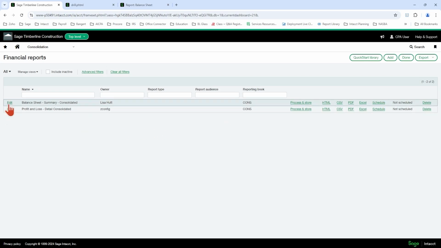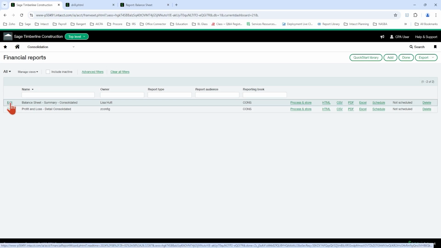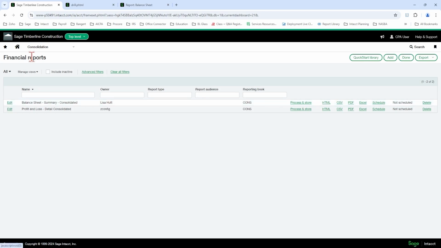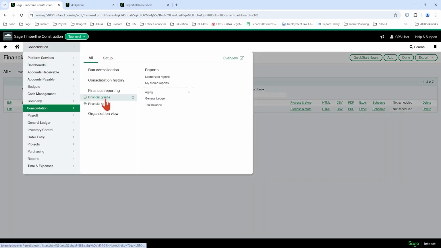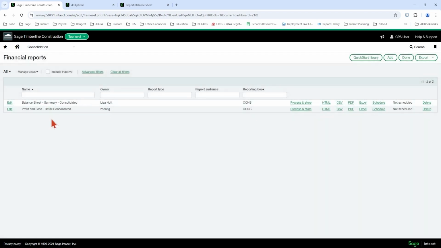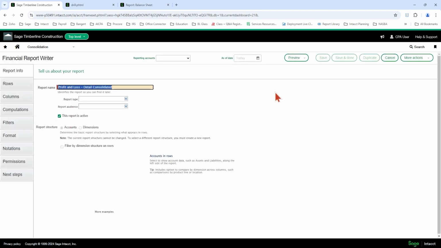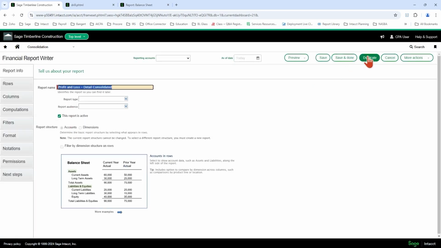Okay, so editing the report, again, is just like editing any other financial report. You're just going to come into your consolidation area if you've bought that domestic feature. And that's where these two preset balance sheet and P&Ls will be. If you want to keep the canned ones and then create your own version, you can duplicate them, play around, do some different things in here, you can do that as well.